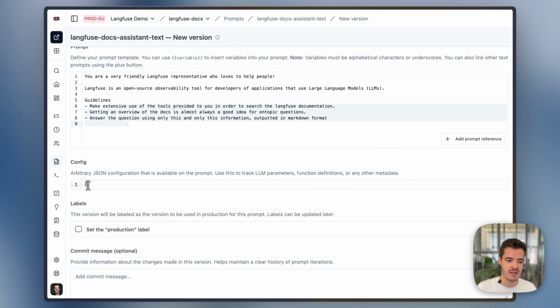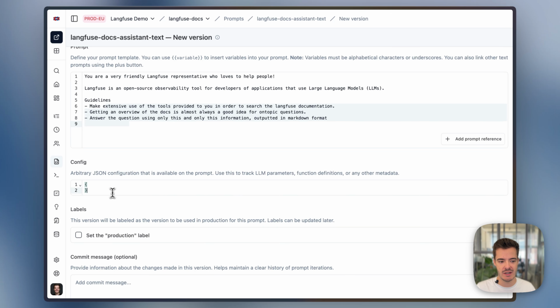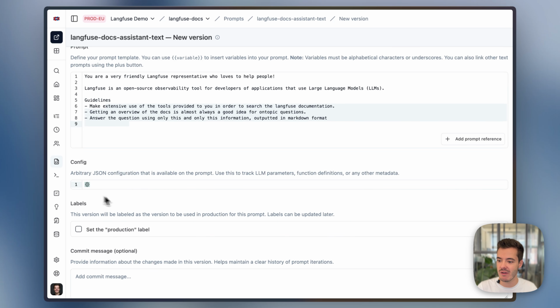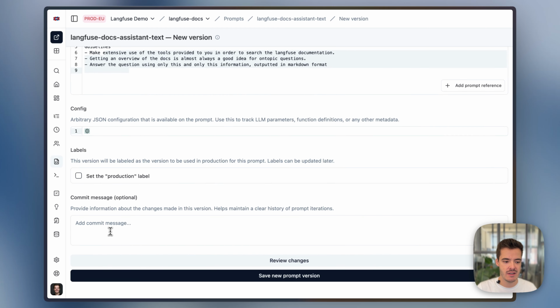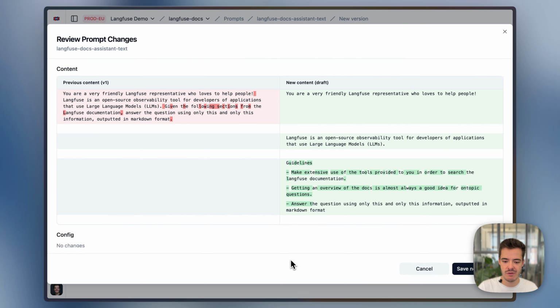And we could, for example, now also include additional config with just an arbitrary JSON object, which can, for example, be used to version control the model if we wanted to. It's not needed for this application, but might be relevant for your application. And add a commit message of adding guidelines. We can review the changes, which gives us a diff view of the before and after,